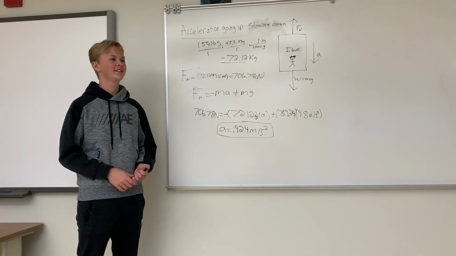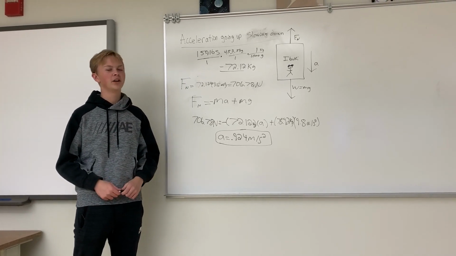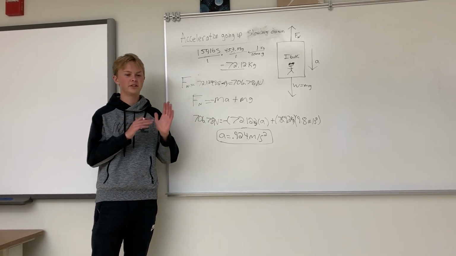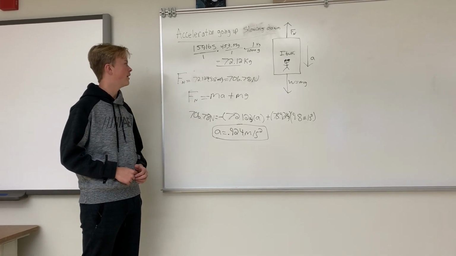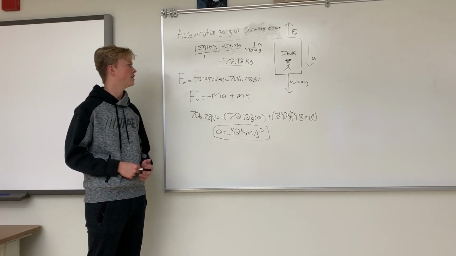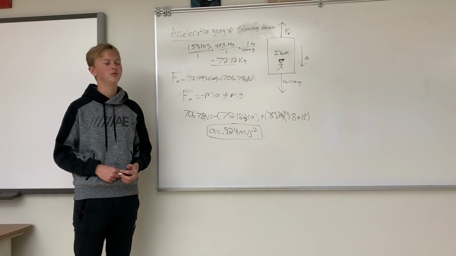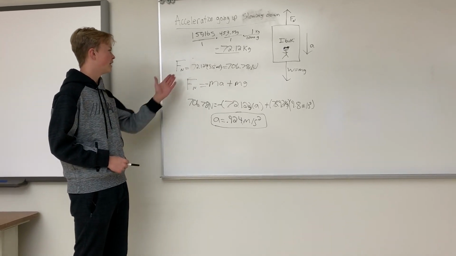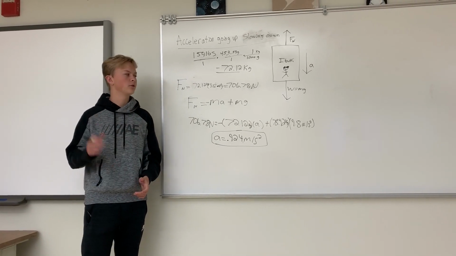So the second acceleration that we're going to be finding is the acceleration of the elevator when it's going up but slowing down until it stays at rest. For this set of data, we found that Ibuki was 159 pounds when the elevator started to decelerate, which going through our formula again is 72.12 kilograms. And then multiplying that by the force of gravity, we found the normal force of the elevator